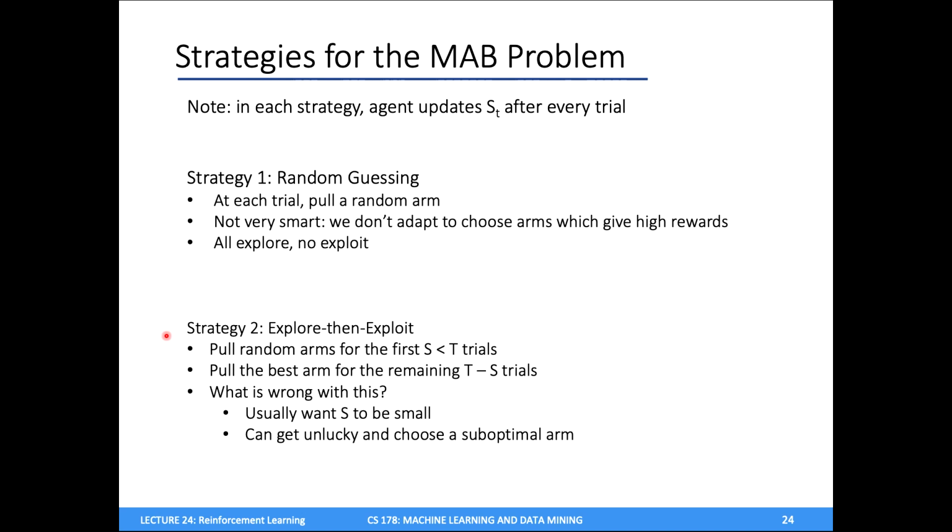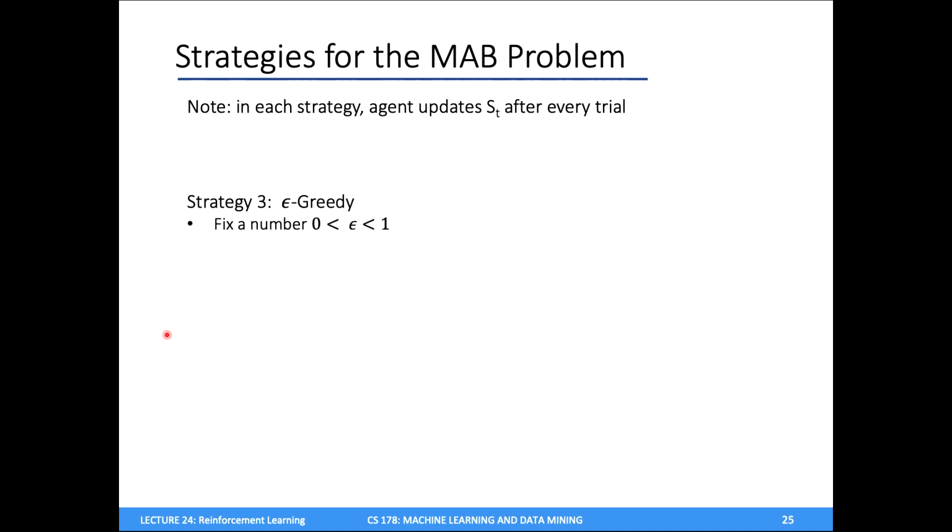Yeah, so I think that's an advanced way of doing what I was looking for, my third strategy. My third strategy here is called epsilon greedy. The idea is that rather than doing pure exploration and then pure exploitation, I'm going to mix these two together sort of randomly. I'm going to fix a number epsilon between 0 and 1, and this number epsilon is going to represent the probability with which I'm going to explore.